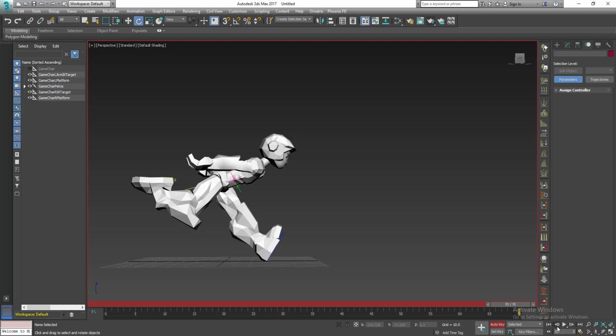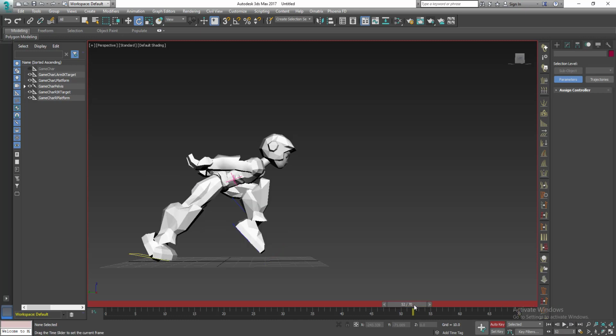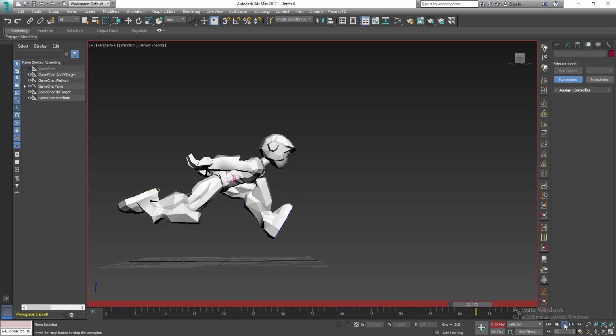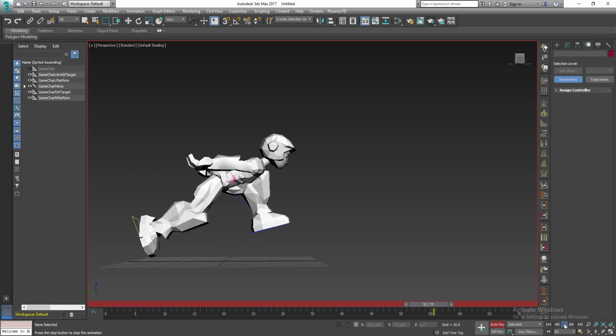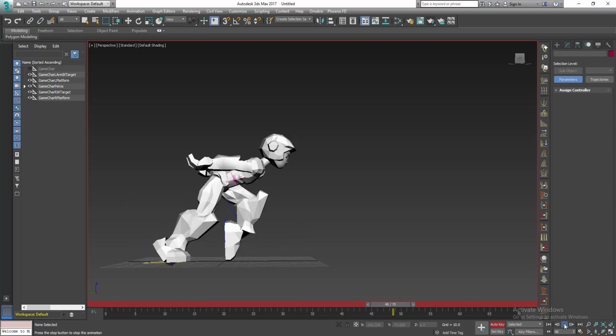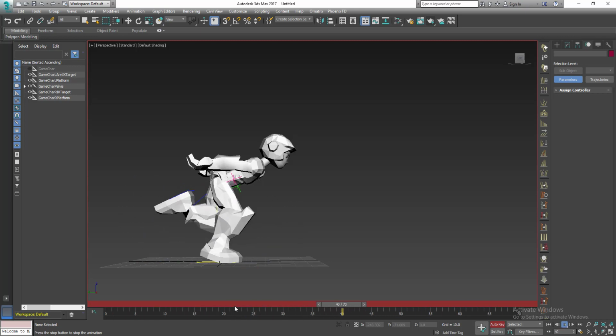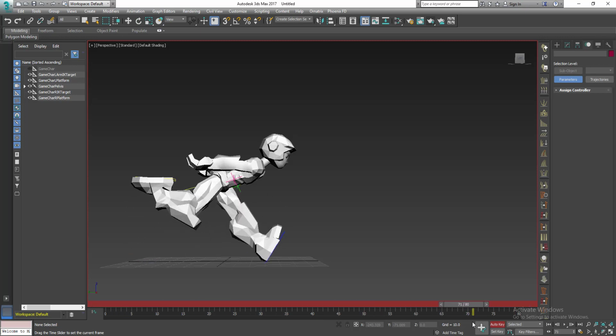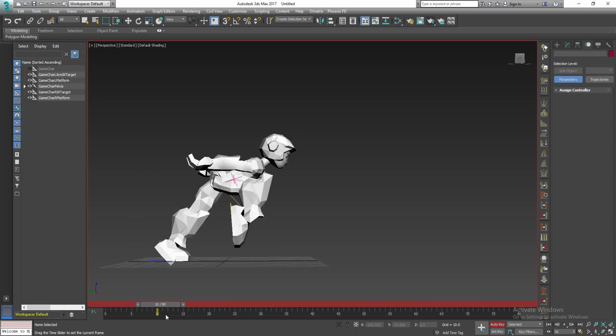So I'll stop at frame 70. So by the time I play the animation, it's quite slow, but it loops properly. So now we know what we need to adjust. Whenever I'm creating a loop, one thing I always keep in mind is that the first frame and the last frame has to be the same. So this frame,